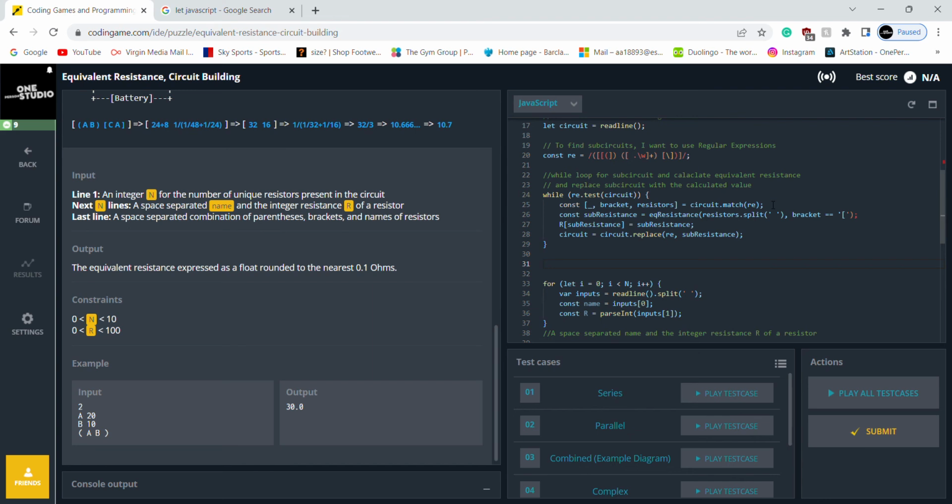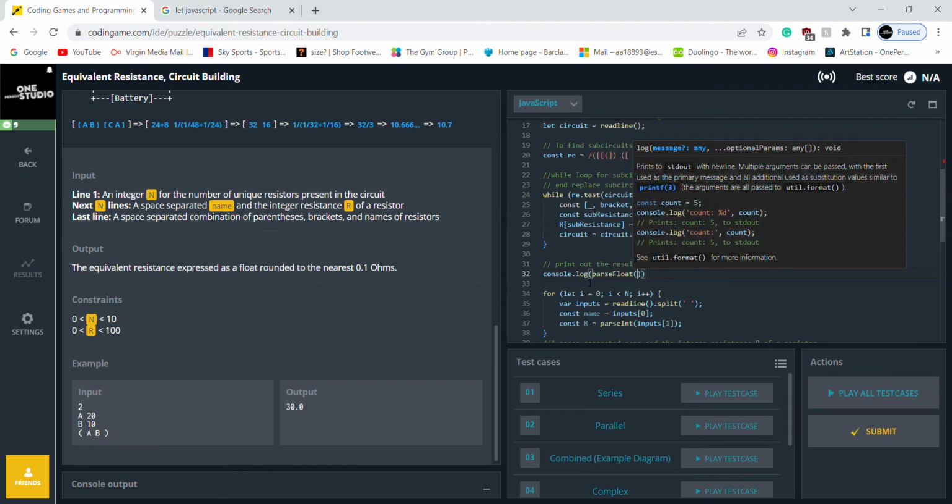And now I want to use a console log to print out the result with a 0.1 precision. So basically this. Print out 0.1 precision. So let's use console log